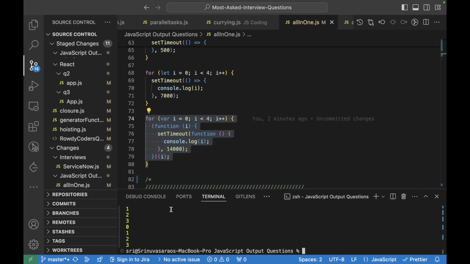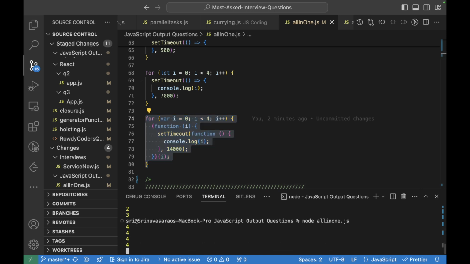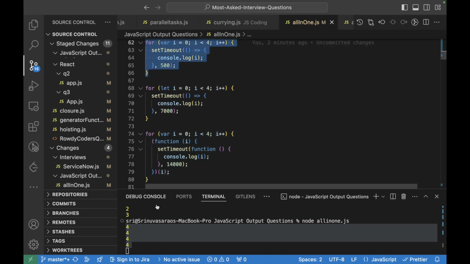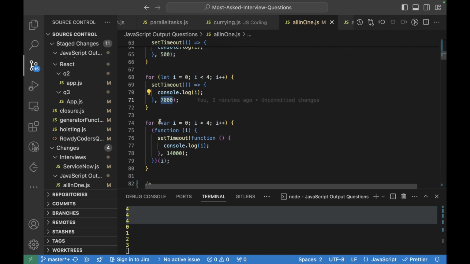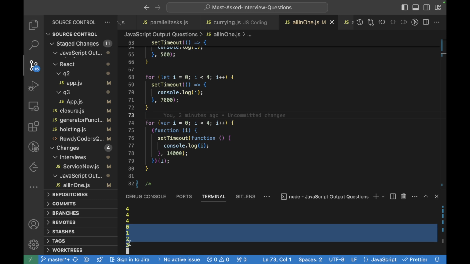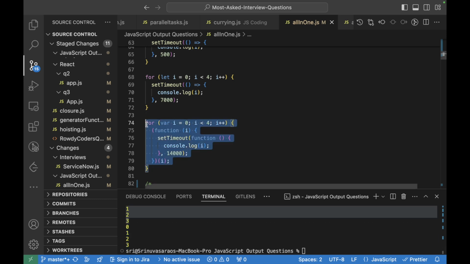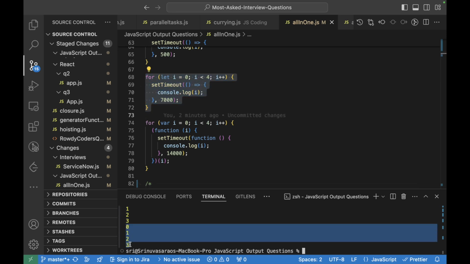So let me run it and show the output for this. So here for the first for loop, this particular 4 will be logged, and after 700 milliseconds this particular 0 1 2 3 will be logged, and after 400 milliseconds, similar to this for loop, 0 1 2 3 will be logged.